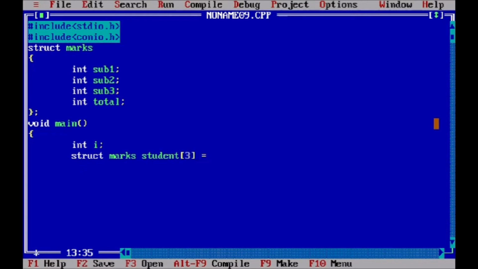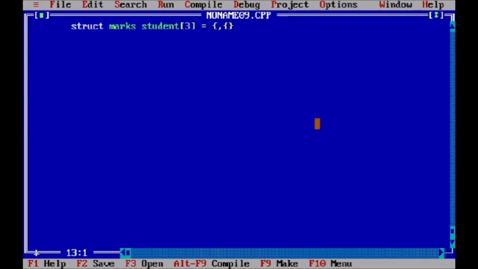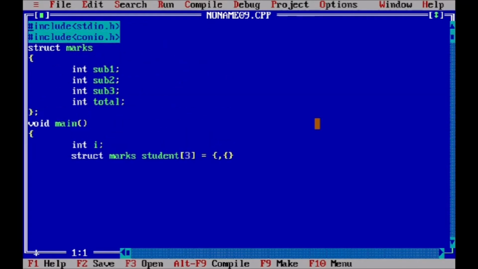So we can continue with the same example, and we assign the marks of each student for each subject. We assign student 1 marks, student 2 marks and student 3 marks of each subject 1, 2 and 3 respectively.